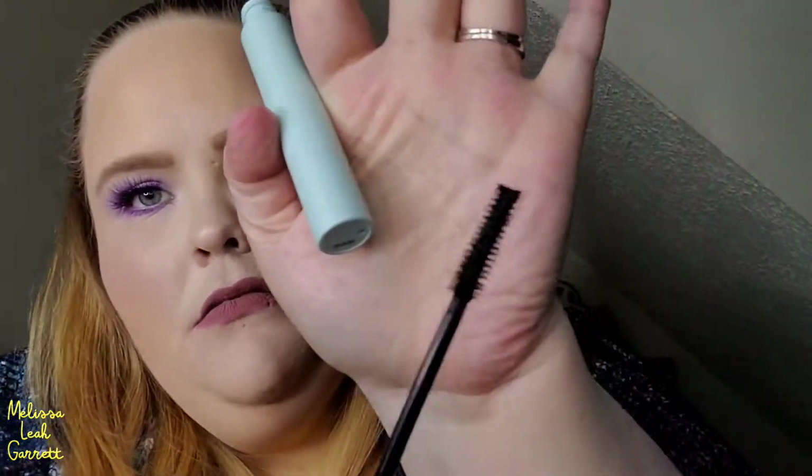Plus, I have a lot of Man-Eater I need to use up. So I think I'm either going to pass this along or I'm going to put it in the box for a future giveaway. And the last item that we have